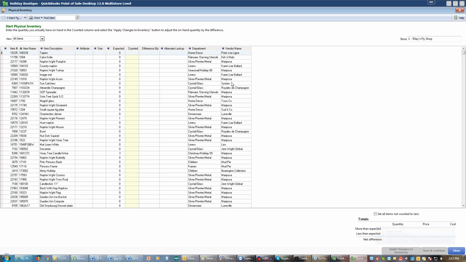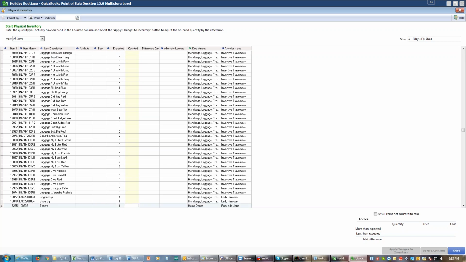You can resort this list by any of those columns that make sense to you and how your store is laid out and how you want to proceed with doing your inventory. So I'm going to resort by department. That's going to resort by department name. If I'm doing an inventory with the scanner, it doesn't matter as much because it's going to find where things need to go. But if I'm doing an inventory manually, then